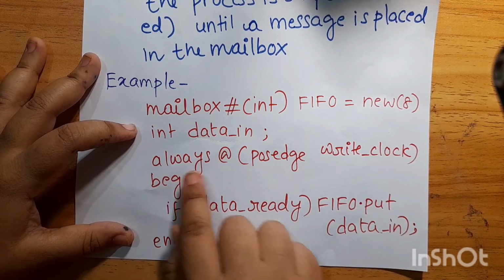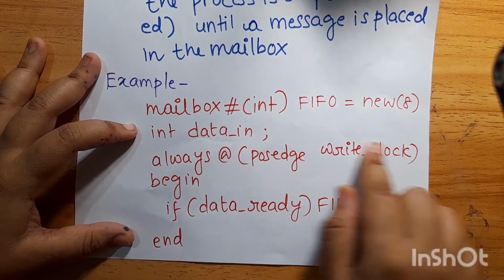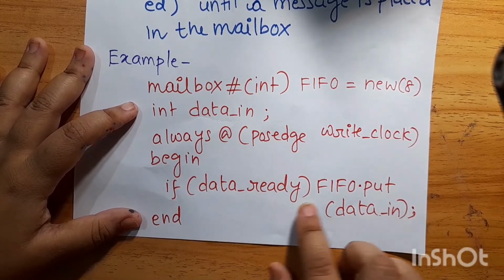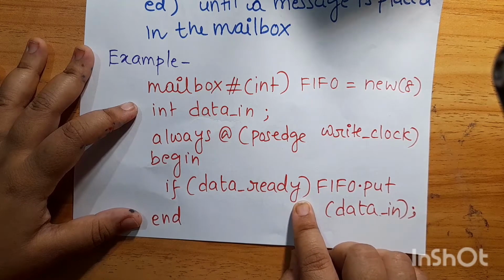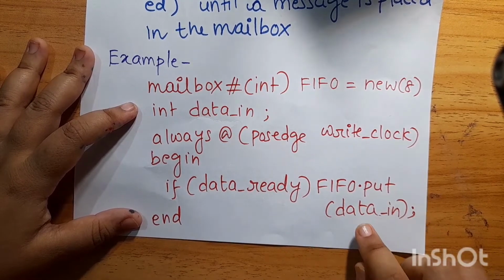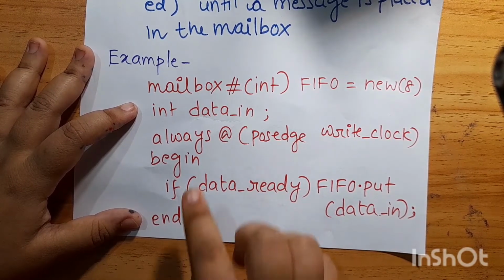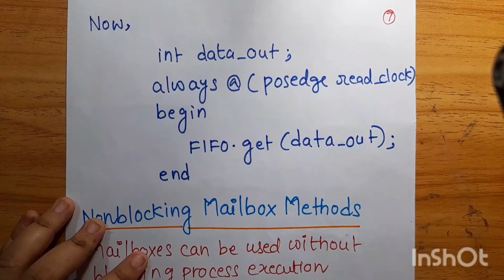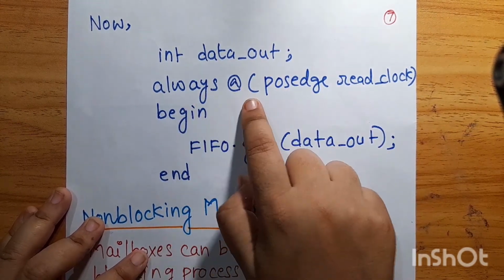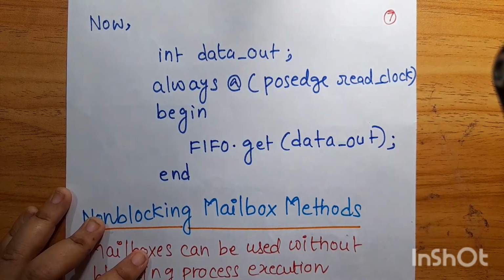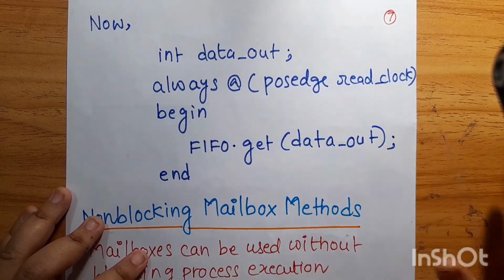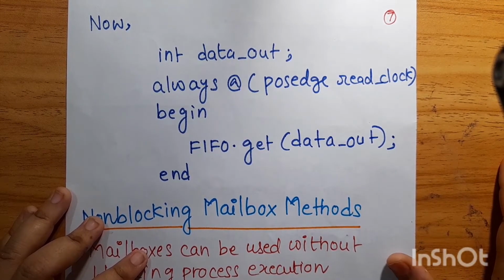Then always at the positive edge of the write clock, if the data ready signal is available, I am putting data into the FIFO mailbox. FIFO.put(data_in); and here is the end. For this begin, this is the end. Now you see the retrieving process. int data_out; always at the positive edge of the read clock, when the read clock goes from 0 to 1, inside the begin and end statement, FIFO.get(data_out);